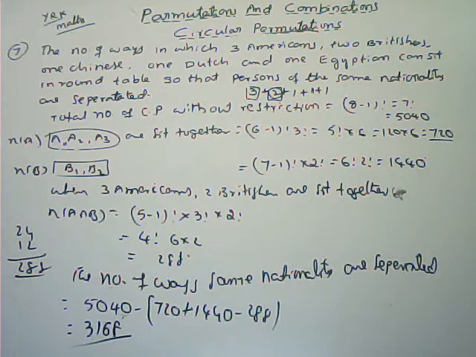Here, what is the meaning of this one? Same nationality should be separated means all the three never sit together. Two members may sit, but all the three members cannot sit. Here, three Americans are there. All the three members never sit together only. Here, two members are there; the two members should not sit together. Here, three Americans are given; the three Americans should not sit together only. Two members can sit, but all the three should not sit. We are separating the same nationality.